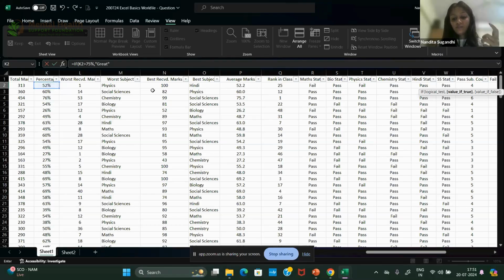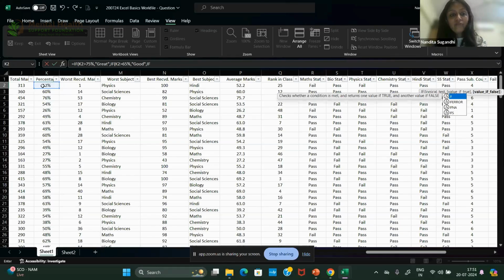So I will do a nested if, comma, if not, then if a student has done more than 65%, then they have done good as per me. Else if they have done greater than 60%, then they have done average, they are okay. Otherwise, they have failed. That's how I want it to read.